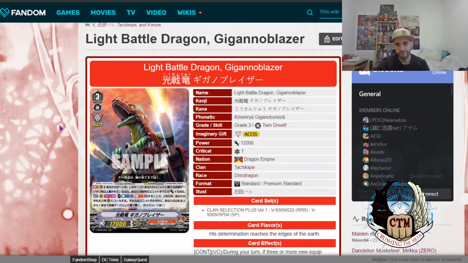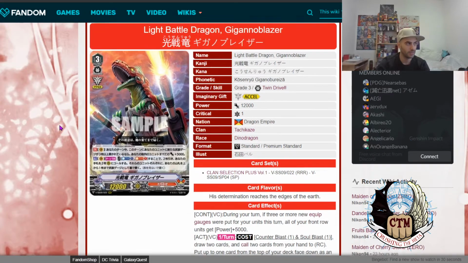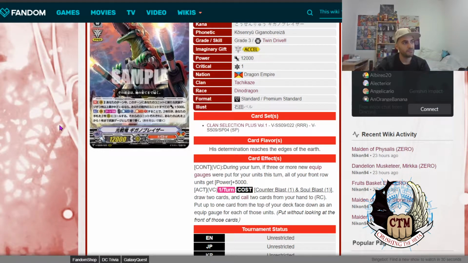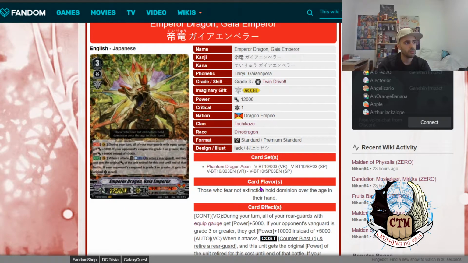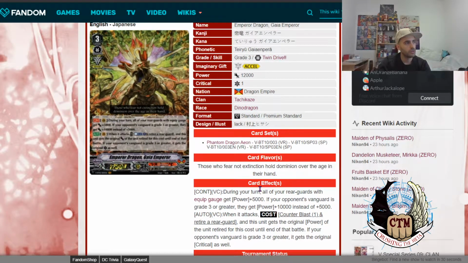Gigannoblazer. I'm really bad at pronouncing names. But he has two abilities. The first one is a continuous ability during your turn. If 3 or more new equipped gauges were put into your units this turn, all of your front row units get plus 5k. Okay, so you could give the front row extra 5k power,